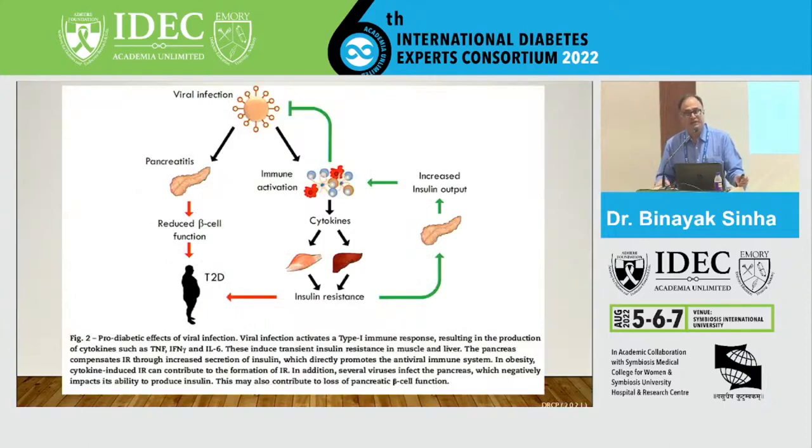And this leads to viral infections. I think viral infections are very topical now. Viral infections can cause pancreatitis with reduced beta cell function, and that leads to type 2 diabetes. And viral infection can also cause immune activation, which leads to the release of cytokines like TNF alpha, interferon gamma and IL-6, and these work on the muscle and the liver, worsening insulin resistance, which further pressurizes the pancreas to produce more insulin, and this oversecretion of insulin leads to even more immune activation,